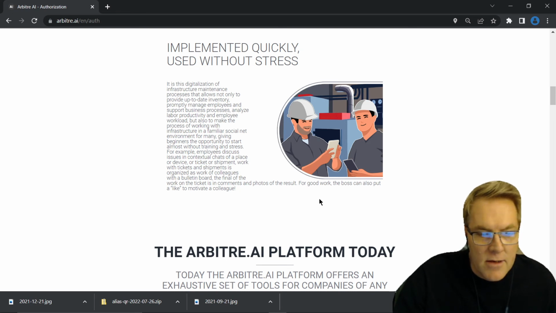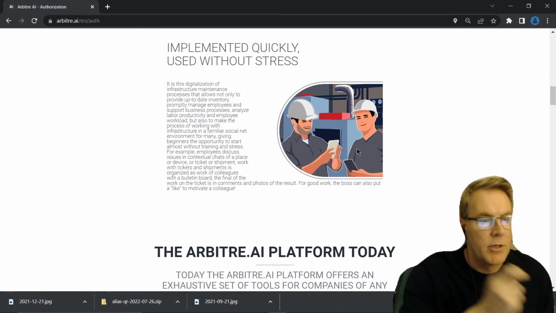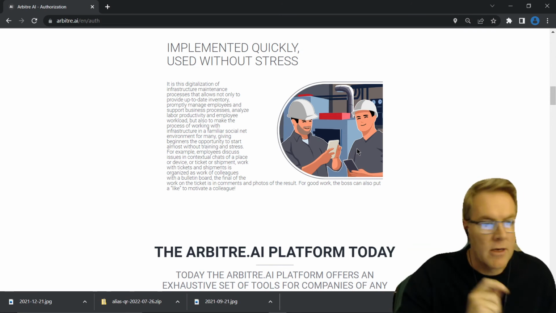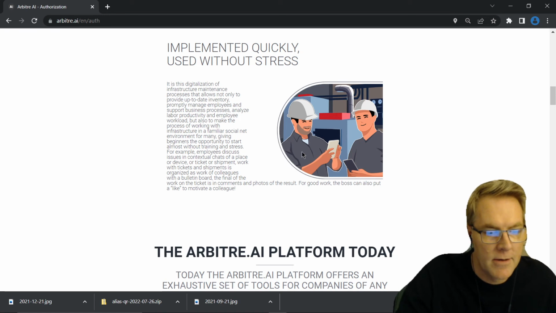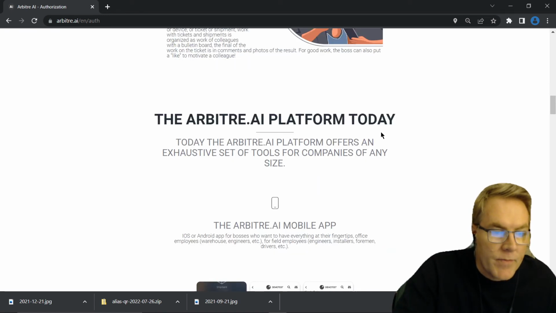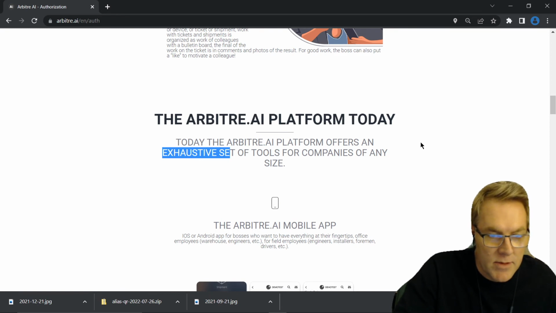So the tickets and photos. You can scan your QR codes, and it's quite motivational to use a system like this. It doesn't require typing all the time, just scanning little codes. Bloop, bloop, there we go. There goes the engineer. Here comes the service request. Bloop, bloop, there we go. Registered, done. So there's an exhaustive as well as customizable set of tools.